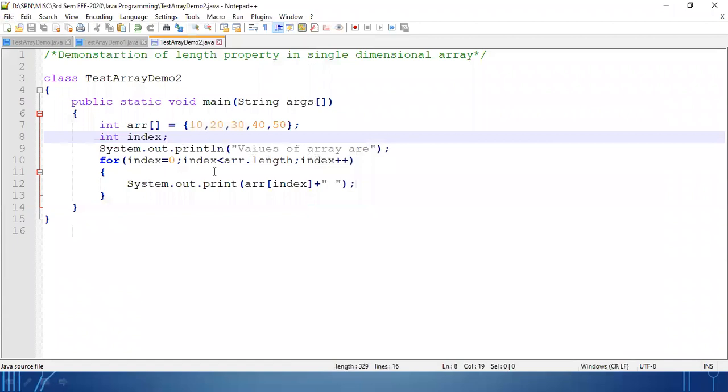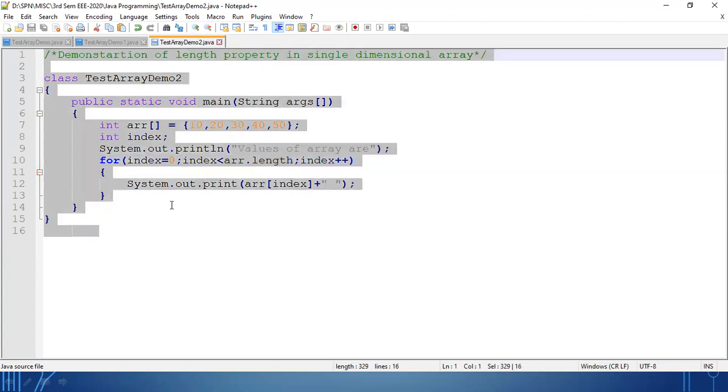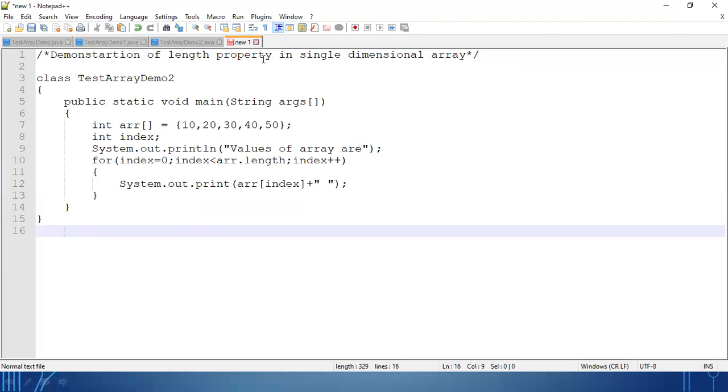Okay, now what is happening here? The length property will give you what is the total number of elements present in the array. Okay, so you can use the length property to know how many number of times the iteration needs to be done by using for loop. So index is starting from 0 and it will provide you the total number of elements present in the array, or how many number of blocks the memory are allocated to you. Clear? Okay. Similarly, we can see another approach, particularly in Java, to print the values of array. Okay.